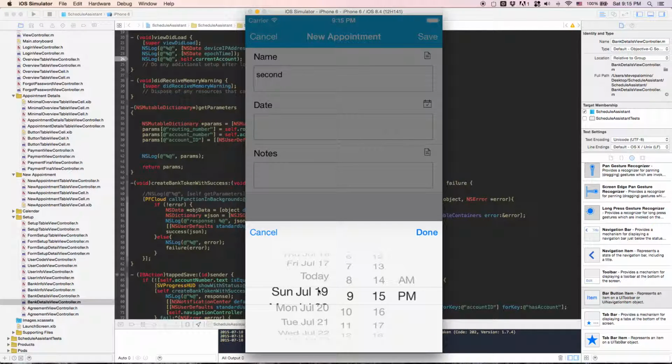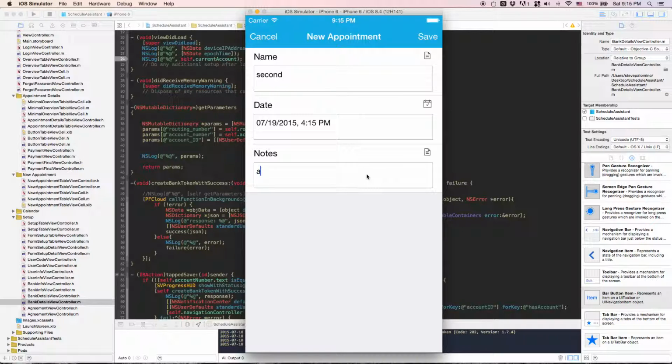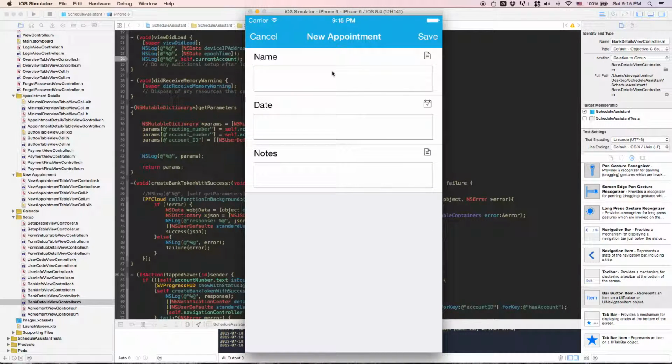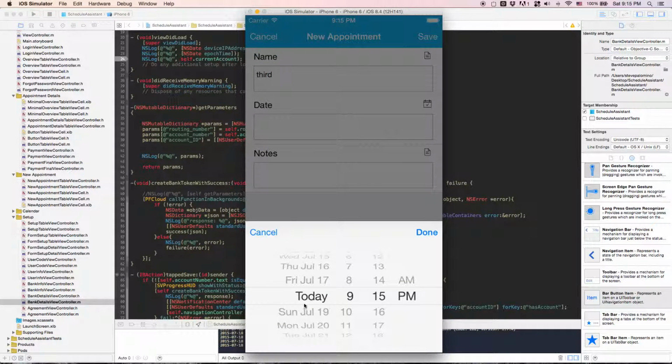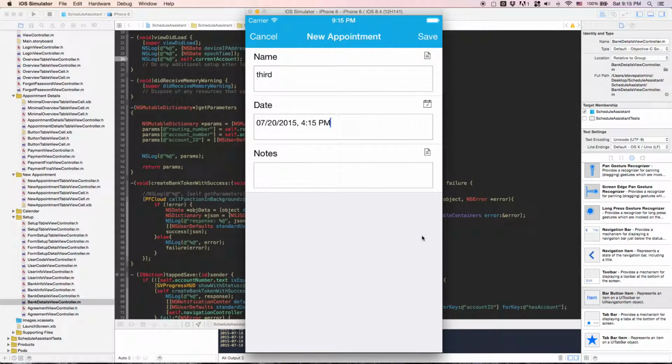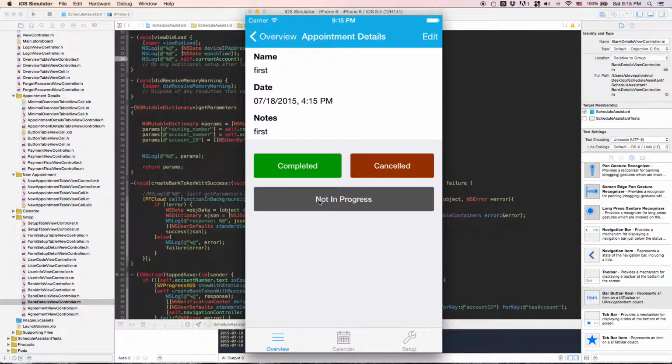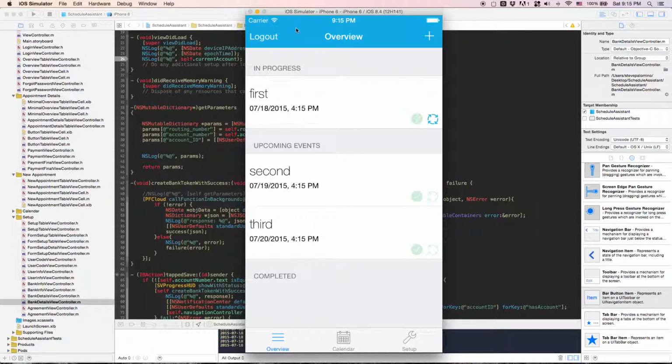I'll do one for tomorrow, another, and one more. I'll do a third one for 2 days from now, and save. Okay, so first of all, we'll notice if we go to in progress, everything moves around as expected,